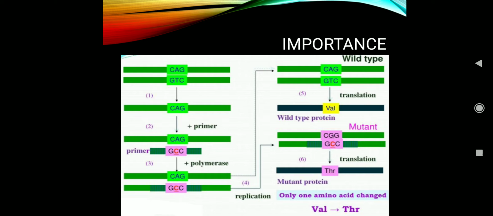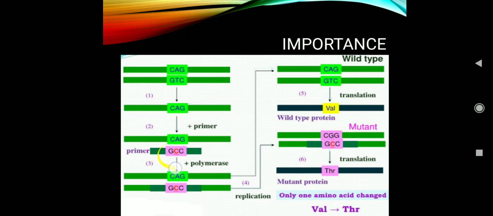So here in this image, you can see that the green DNA molecule that you are seeing is a wild type DNA molecule. Now, this has a codon. 3 nucleotides together give rise to a codon, which codes for, say for example, here CAG is the wild type. So for this, we are going to use a primer with a mutation. We are going to synthesize a primer. Here, we are going to do a PCR based technique. So we will synthesize an oligonucleotide primer which is having a mutation.